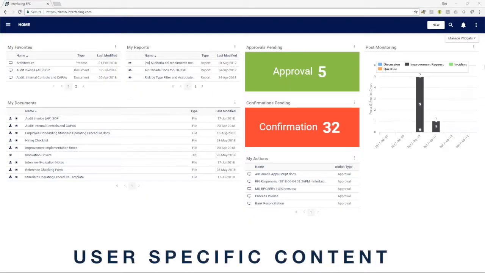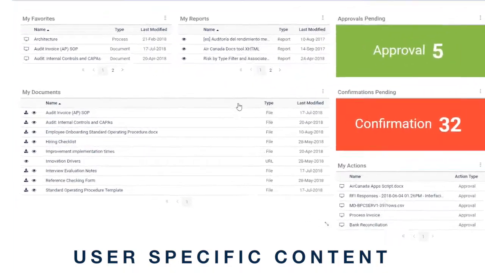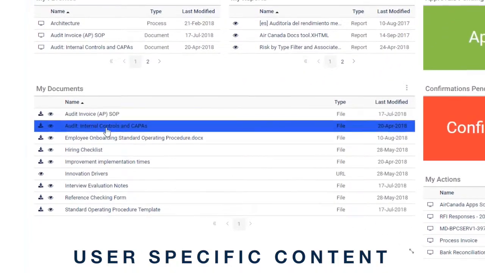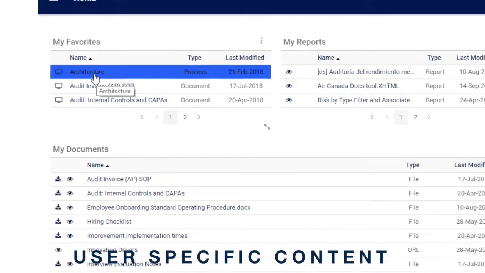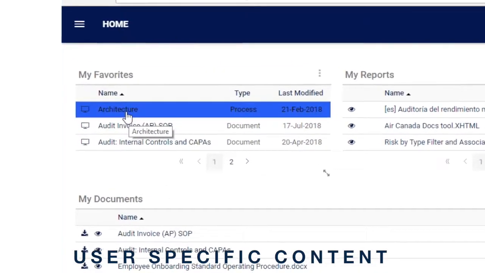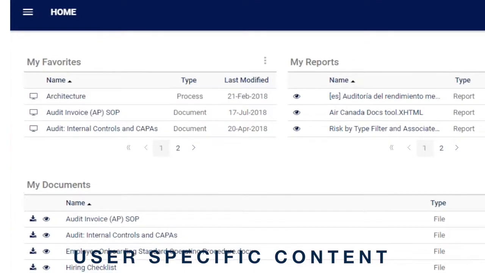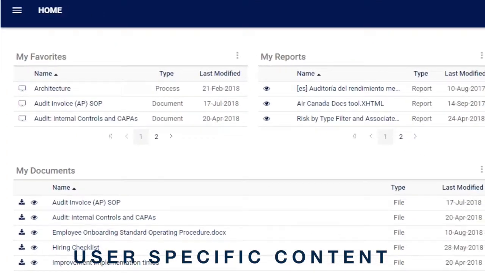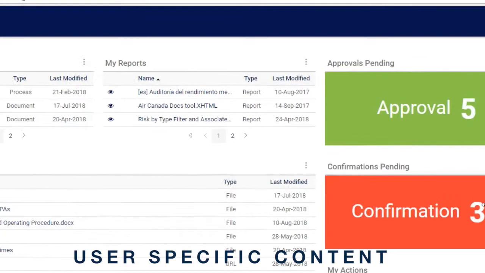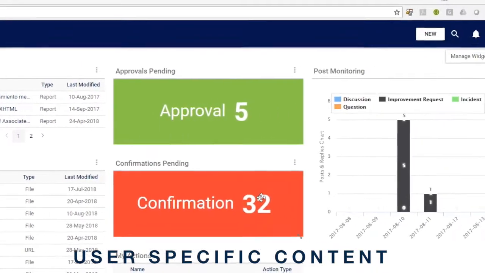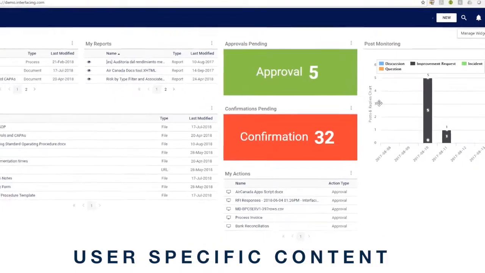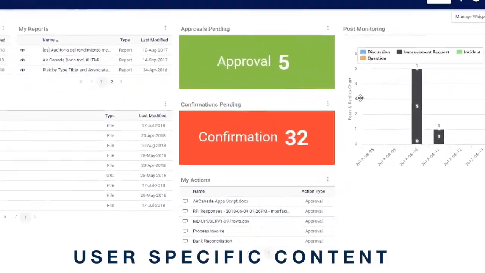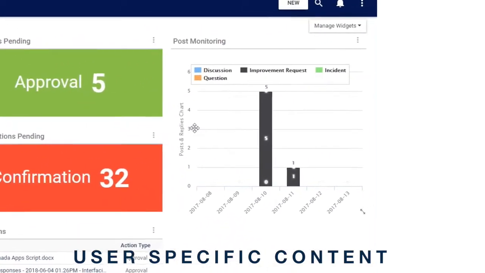The ability for a user to find exactly the correct documentation that he's looking for based on what he needs to do. So when I log in, it authenticates me. I have my documents based on my role in the company. I have my favorites, things that I use on a regular basis that I've tagged to really keep precedence on my home. I have tasks based on things I need to review and approve, new versions of a document that I need to confirm I read and I've adopted, as well as items that I'm monitoring based on my subscription